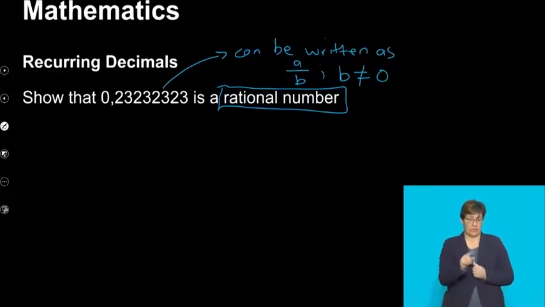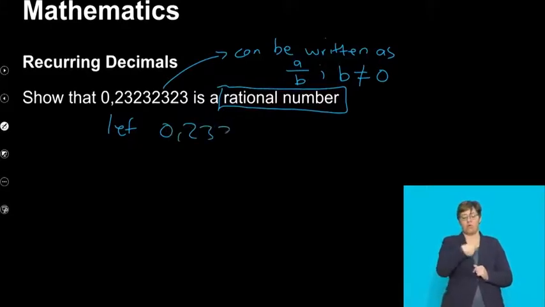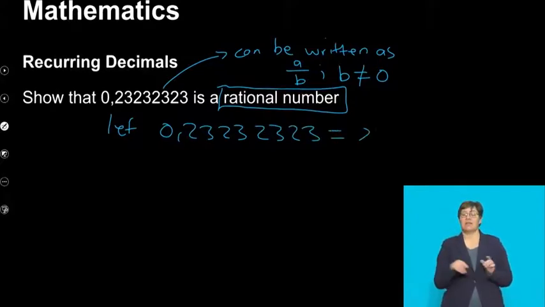By the way, this is a very interesting thing to do. Firstly, we introduce something here. We say, let 0.23232323 be equal to x, right? It doesn't really matter how many 2s and 3s I have, because they are recurring. So if I omit a 2, it doesn't really make a difference, because it is continuing indefinitely. And then it means that I will have x is equal to